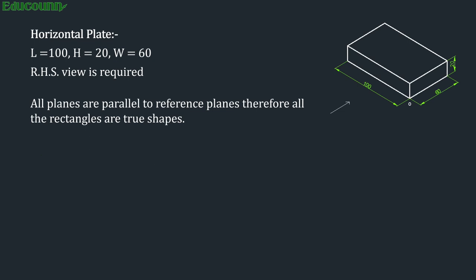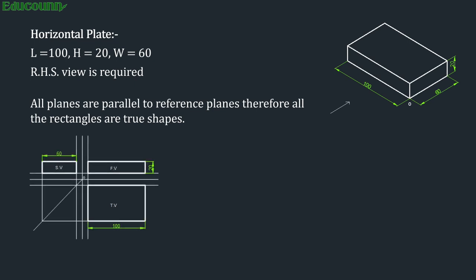So how to start the problem? First, draw the three horizontal reference lines, then three vertical reference lines. At the intersection of the middle vertical line and middle horizontal line, there will be the letter O, and from letter O, passing through the diagonal of the square, you have to draw a 45-degree line. This is used for the purpose of transferring the dimensions from top view to side view or from side view to top view. After this step is over, you have to mark the position of each view in their